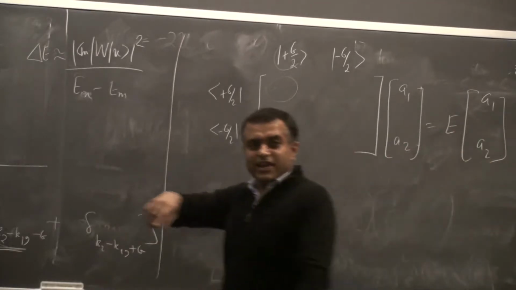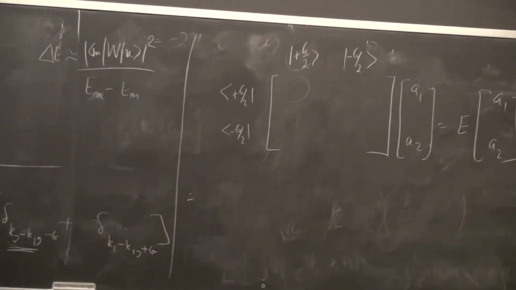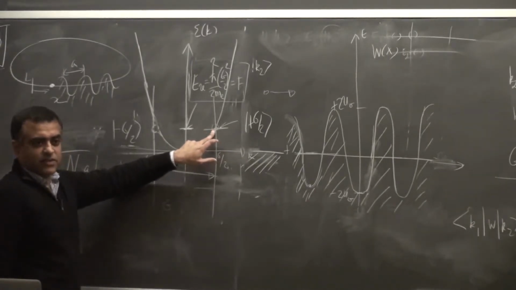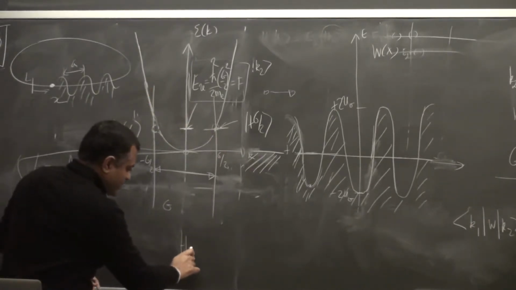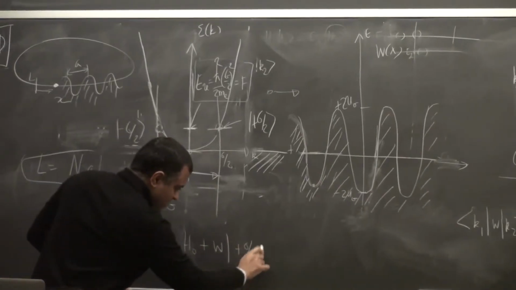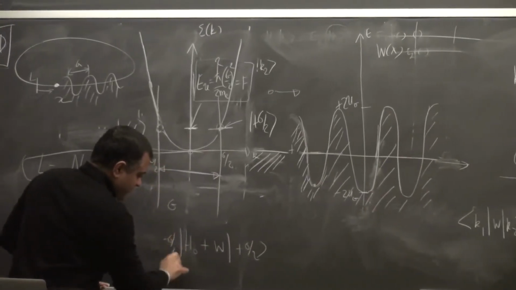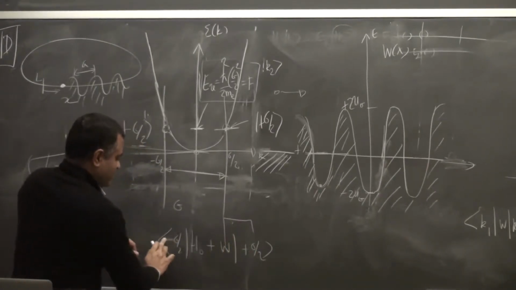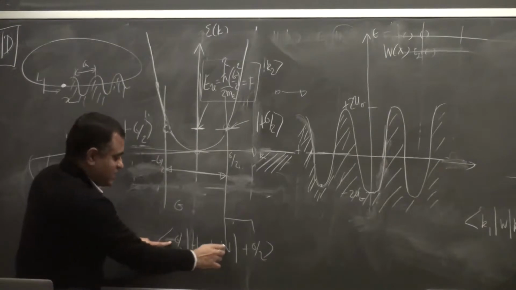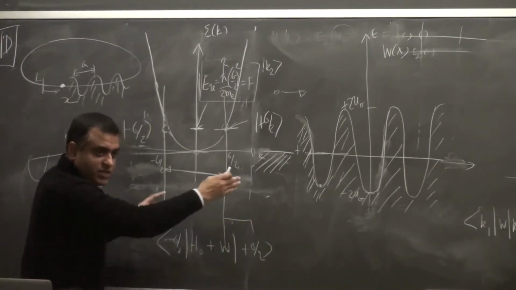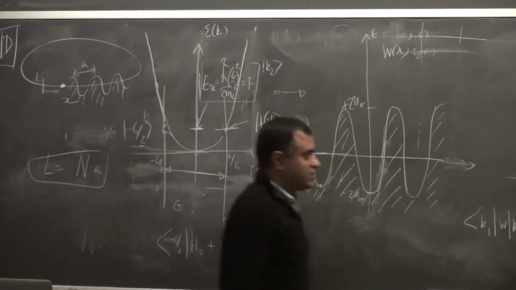Yeah, F. Diagonal term means, what's the unperturbed energy of this? That's just F, right? Because that's basically, if you remember, H0 plus W, and plus g by 2 and minus g by 2 here. And W, because plus g by 2 and plus g by 2 here, right? So W gives you 0, H0 gives you F, unperturbed energy. This is the diagonal element. So you just get F,